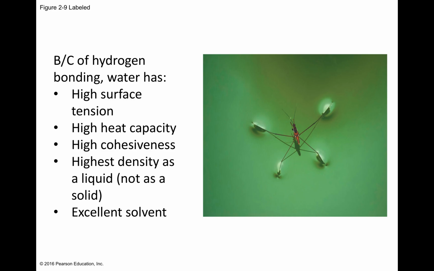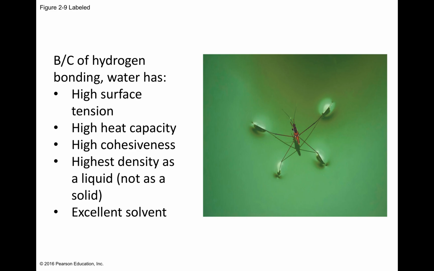Another example of high heat capacity of water is if you put a big bucket of water on to boil, it takes a long time of adding heat to those water molecules until it changes phase and starts to boil. So its heat capacity is an important property for cells. It is very sticky. It sticks to each other. That's really important for how plant cells transport water, for example, from roots to the tip of a tree leaf.